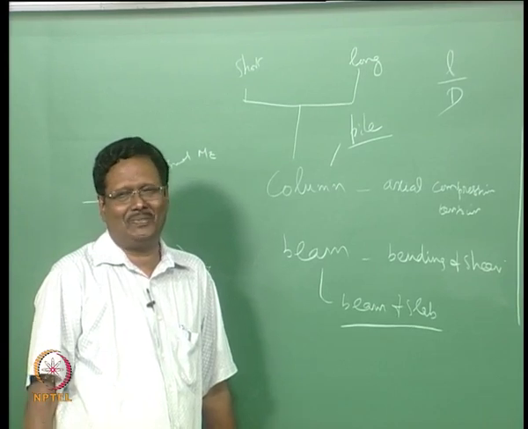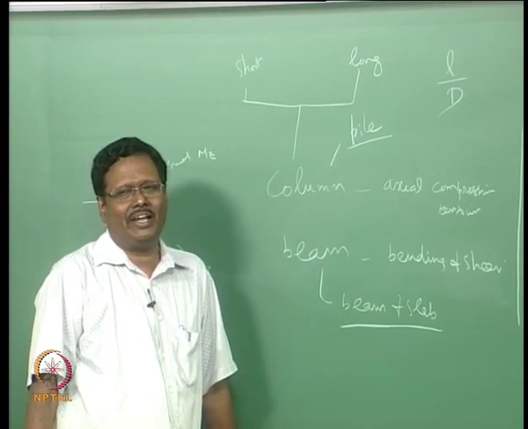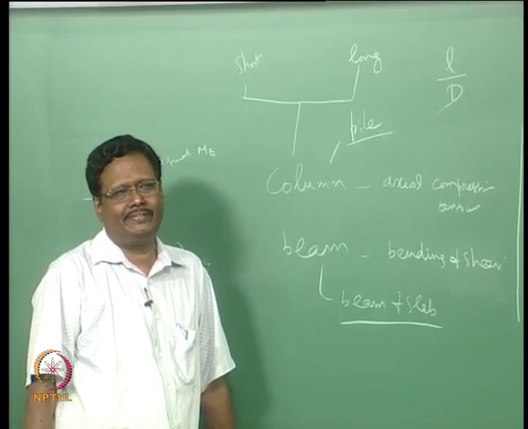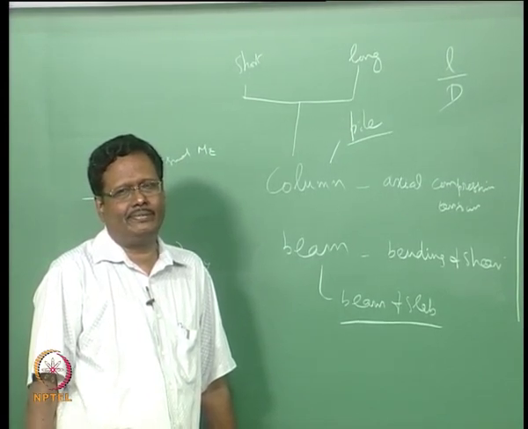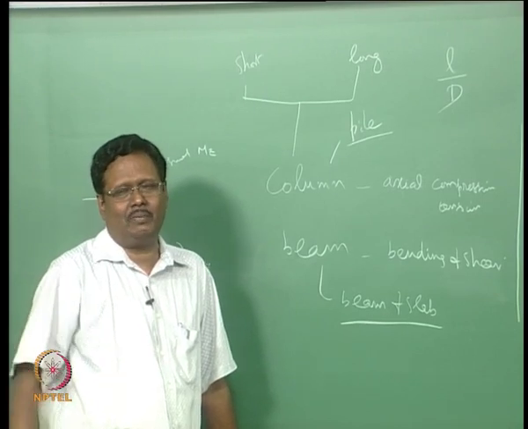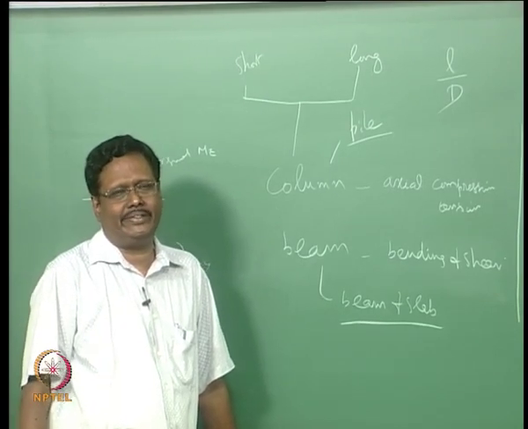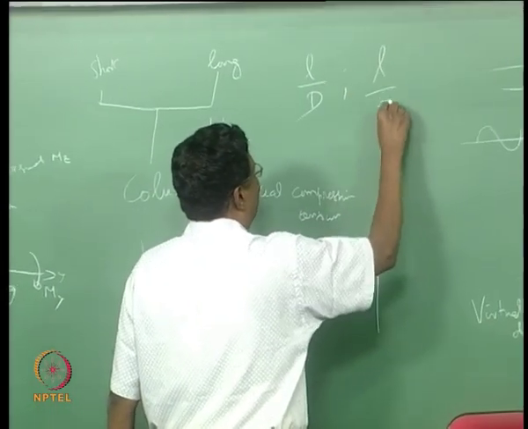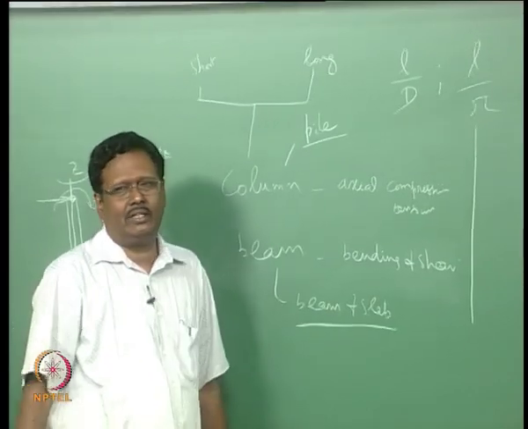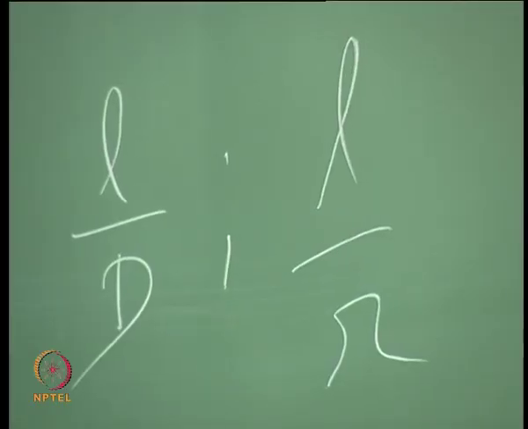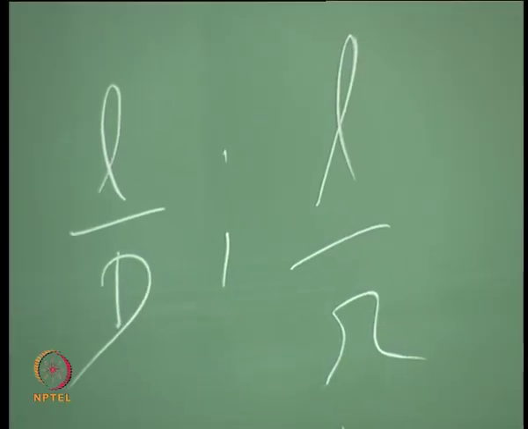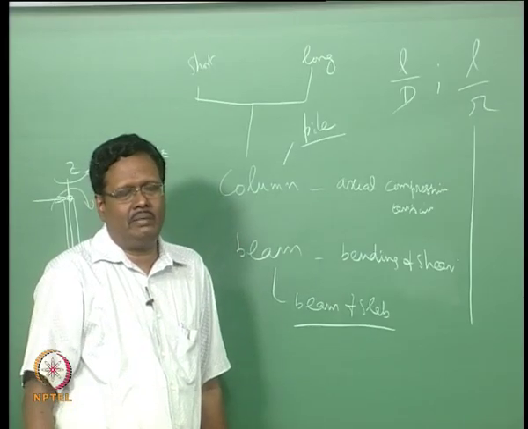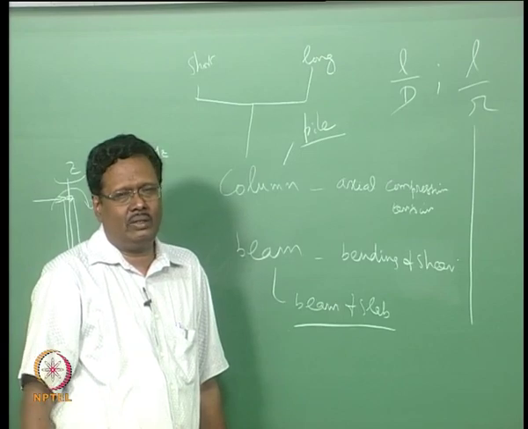P or D, whichever is smaller, you have to use. In 2 directions, you will get 2 parameters. They do not use D, they use some other length parameter. What is that? I do not know why you do not know. This is called L by R. What is R? Radius of gyration. Root of I by A you have to use. Better way is to use L by R only, not L by D. So there is a limit. For L by D, I think 12 is the limit for short column. If it is more than that, you have to